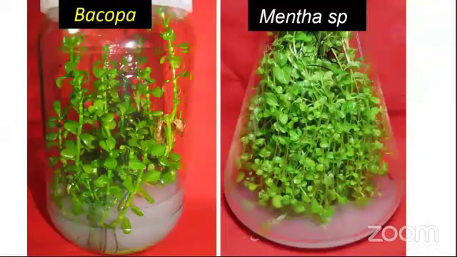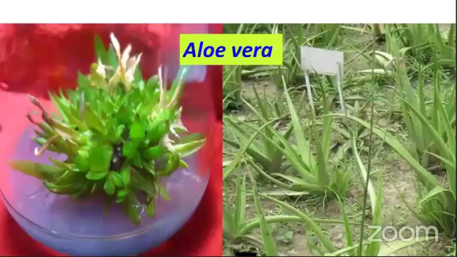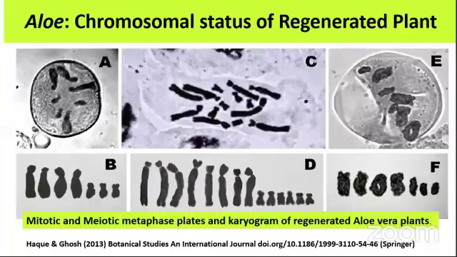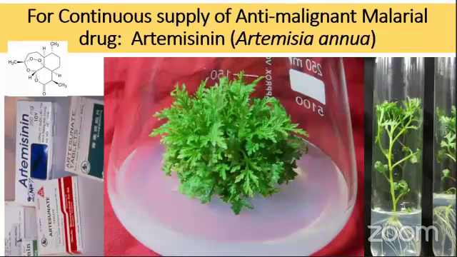You see here, we also propagate Bacopa and Mentha piperita. We standardized Aloe vera, and a huge number of aloes are produced in our lab. Whether they are genetically stable or show somaclonal variation, we can check through 3 parameters. Number 1 is the karyotype pattern, both in somatic chromosomes as well as meiotic behavior, followed by molecular markers, RAPD and ISSR fingerprints, to see whether they are genetically stable or variant, and even the secondary metabolites of